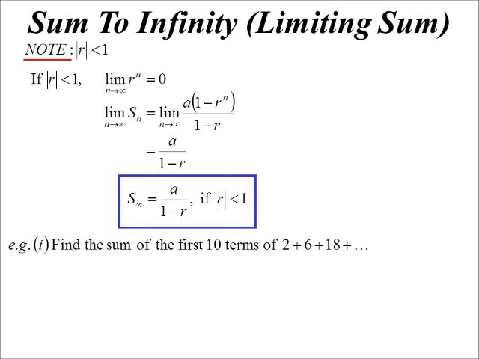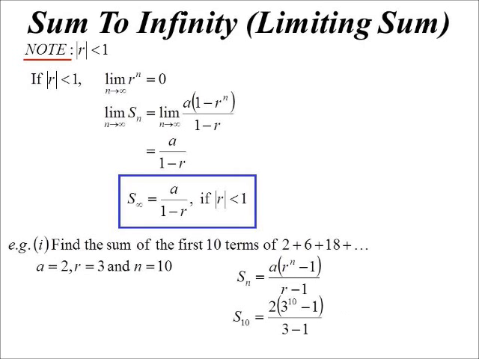Okay, so we're going to find the sum of these ones, 2, 6, 18, and so on, but the first 10 terms. So now the first term's 2, ratio's 3, and we're saying the number of terms is 10. So I'll use the r to the n minus 1. Subbing in,